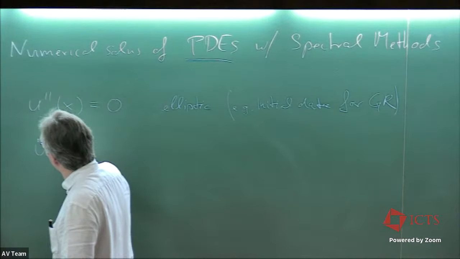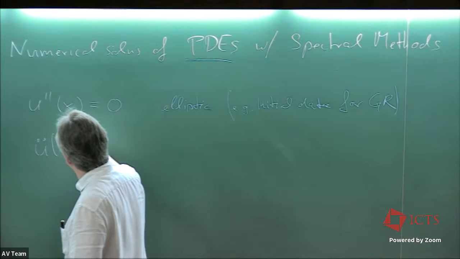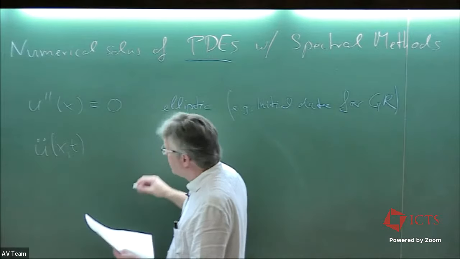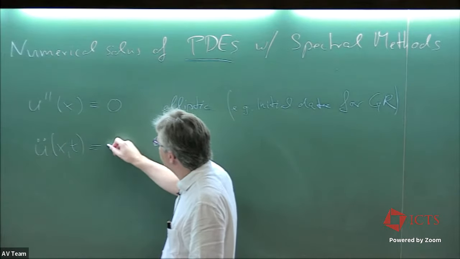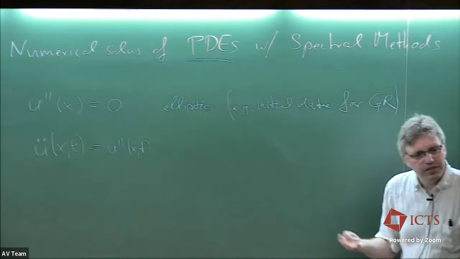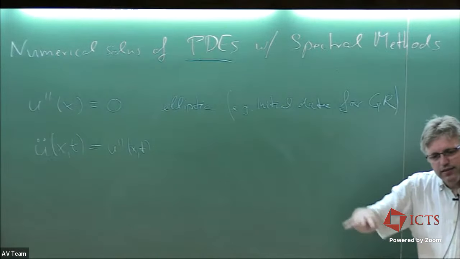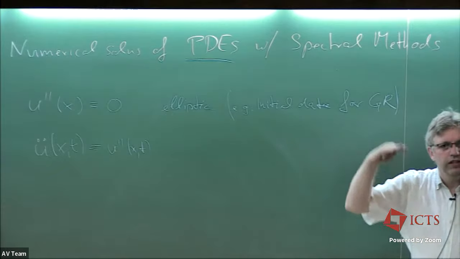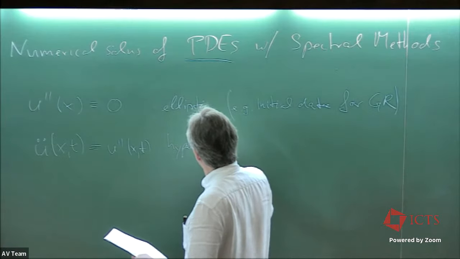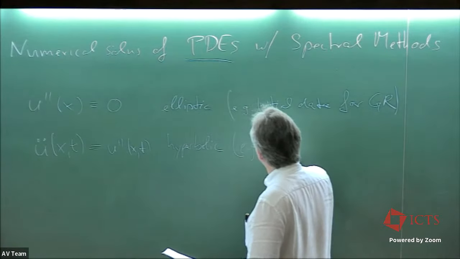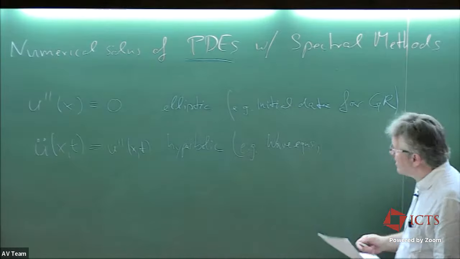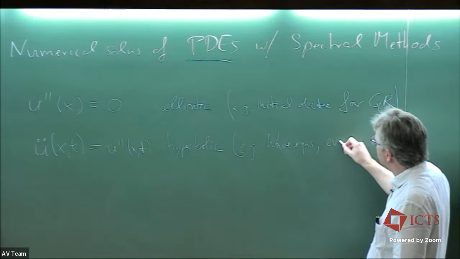Another important type of problems are hyperbolic problems. Most important, the wave equation, with a function of space and time, where you have the second time derivative of that function equal, in the simplest possible case, to the second spatial derivative of the function. That's the prototypical hyperbolic equation. It's a wave equation, and it's used to evolve things from one time into the future. Typical examples are wave equations or the evolution part of general relativity.